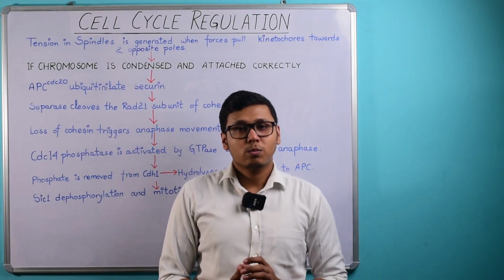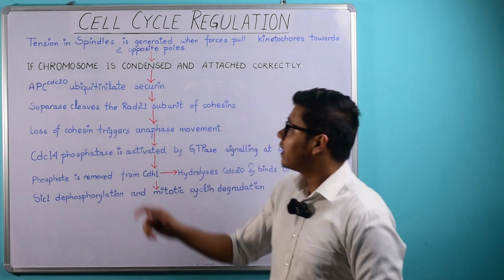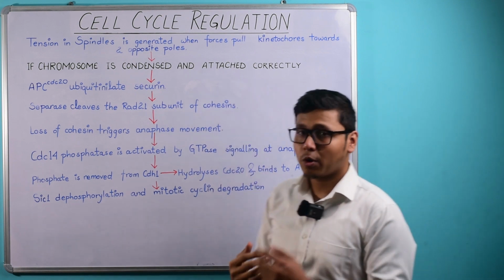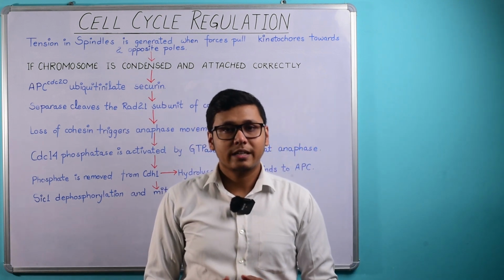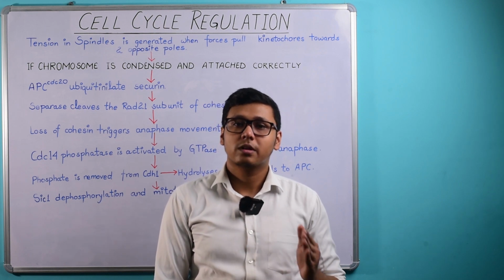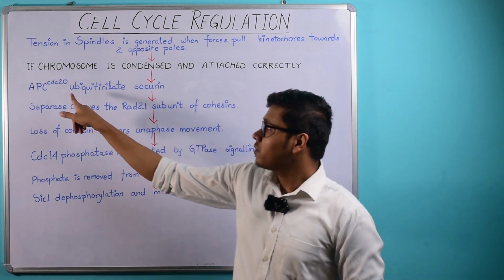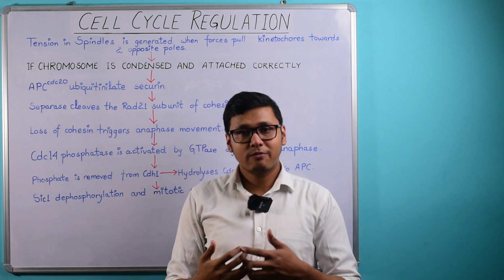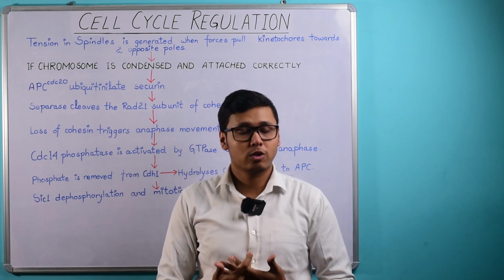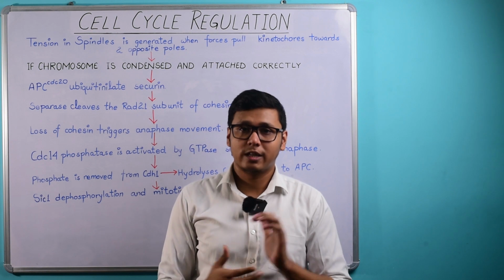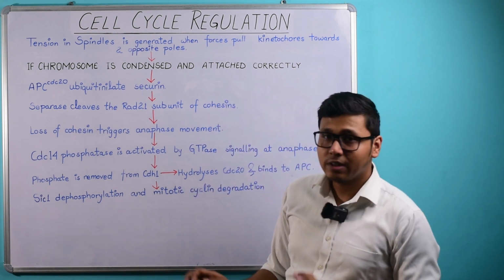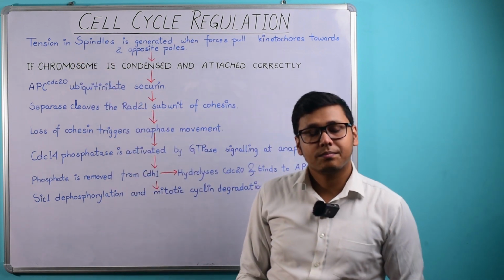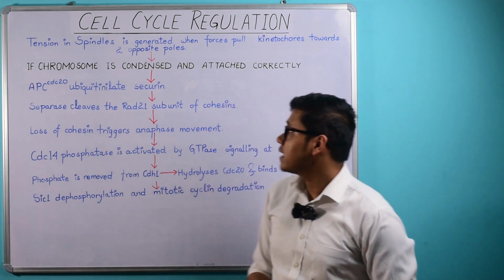The prerequisites for chromosome segregation is the criteria that if chromosome is properly condensed and if chromosomes are properly attached to the spindles. These criteria are checked by the proteins of some checkpoint pathway. The protein of checkpoint pathway inhibits the APC-CDC20 until and unless every kinetochore is attached to the microtubules and tension is applied to all the kinetochores. And if everything is fine, every tension is okay, then the tension in spindles is sensed by the checkpoint proteins, and now the